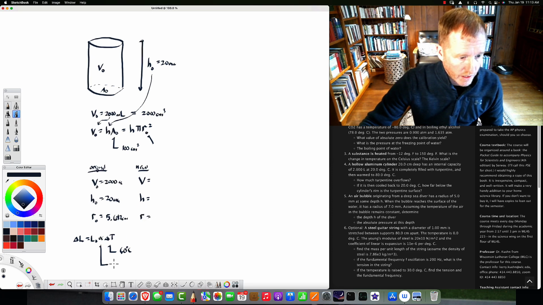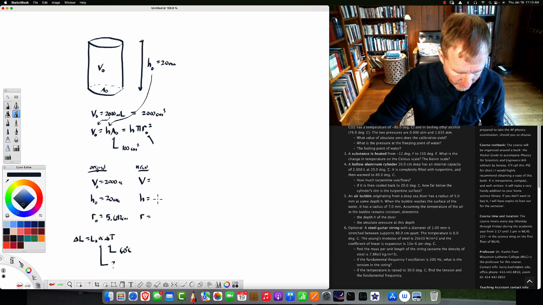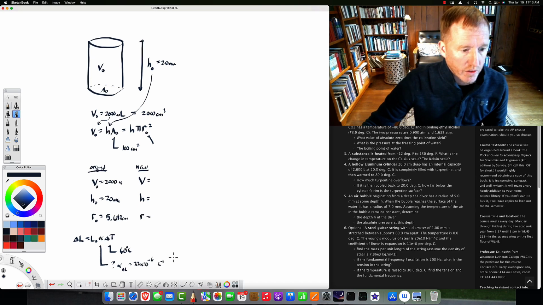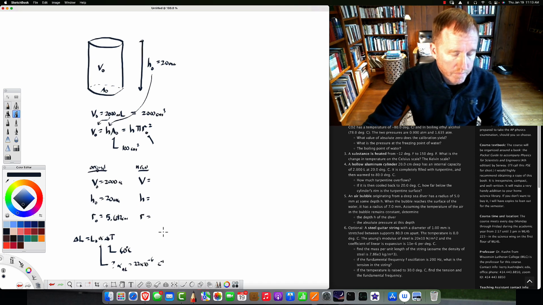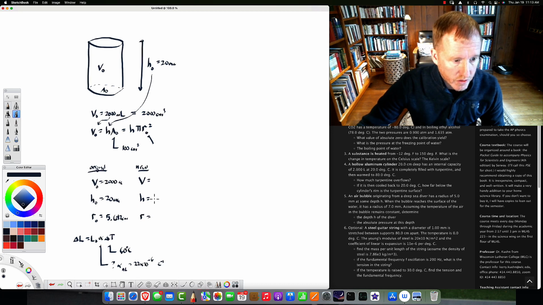I guess I didn't write this down, but I put it into my calculator, and you'll just have to trust that I got that value. Oh, yes, I see I do have it. So alpha of aluminum was equal to about 22 times 10 to the minus 6, and that would be in inverse degrees Celsius, or per degree Celsius. Okay, so we can find that the new height of this is going to be